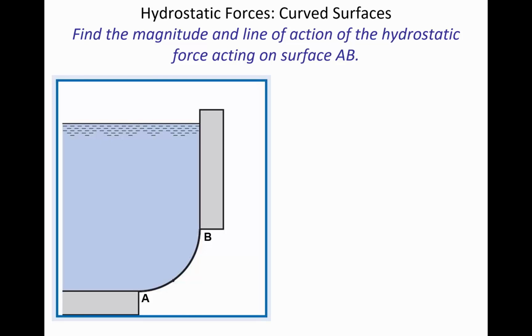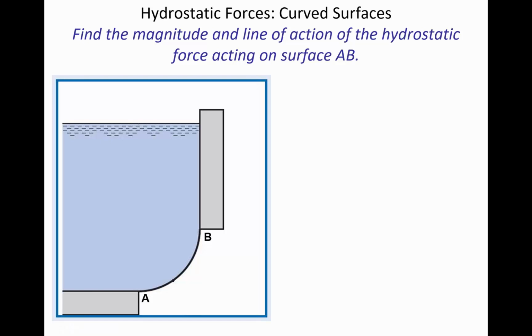And the reason why we need to know those things, for example, is we may have to check how strong is the weld at B, because presumably this is a surface that goes into the page. And so there's going to be a connection stress at location B. And likewise at location A, we're going to have to know how strong is that attachment point compared to the forces that are being applied. And if the forces are greater than the strength of that attachment, then there's a risk that it may fail and that the water would come spilling out. So that's a little bit of background on why we care.